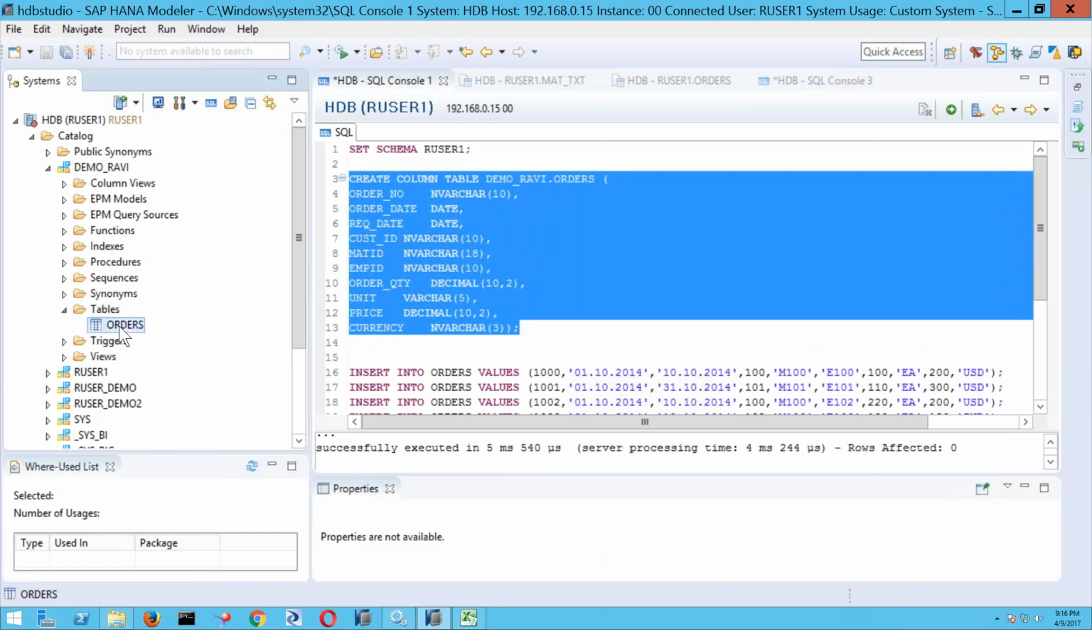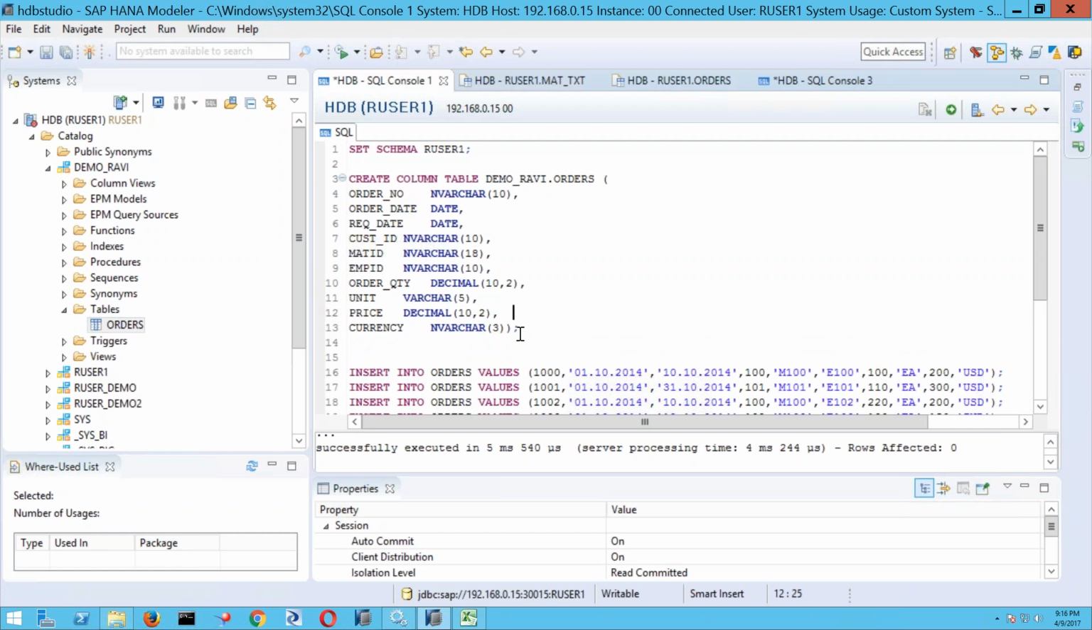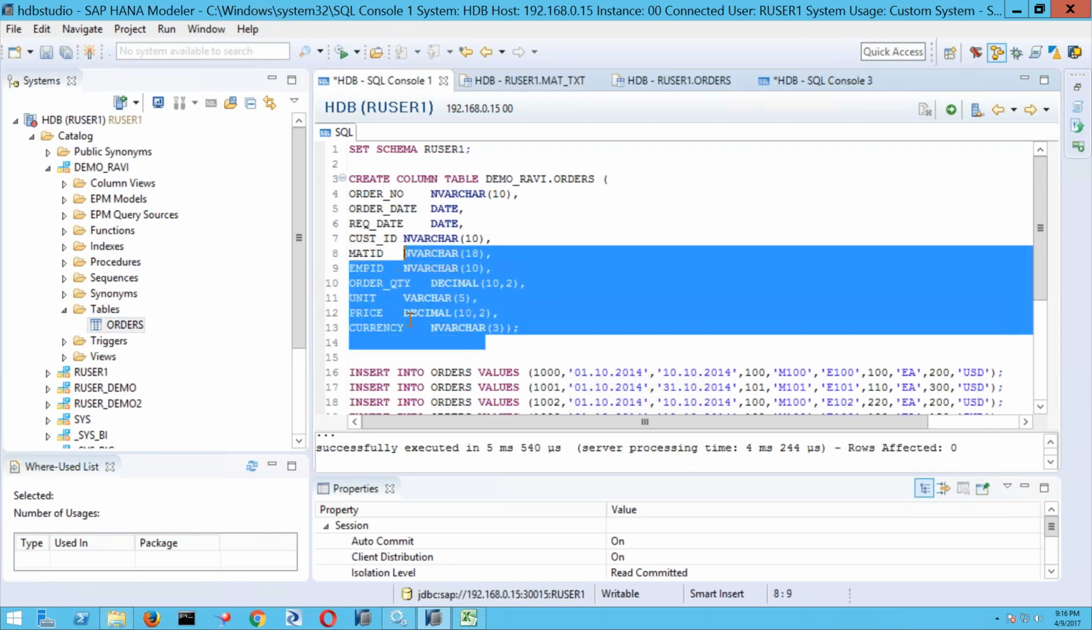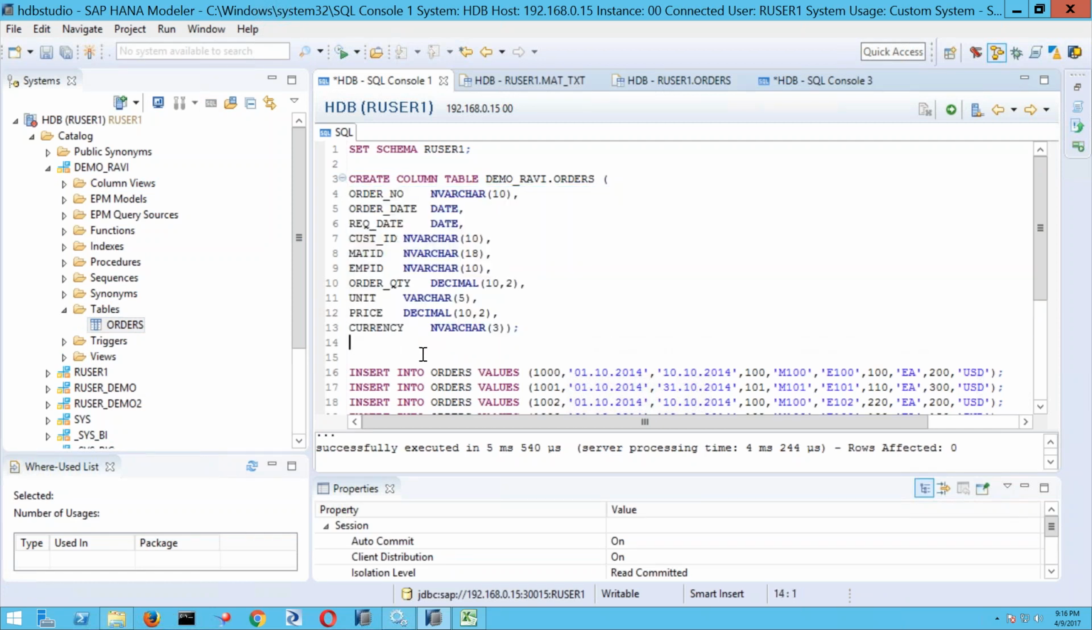Got it? Now again the table is created. Say for example, even create statement or select statement. For example, I want to write a select statement here. Select star from demo_Ravi.orders, and if I execute this,